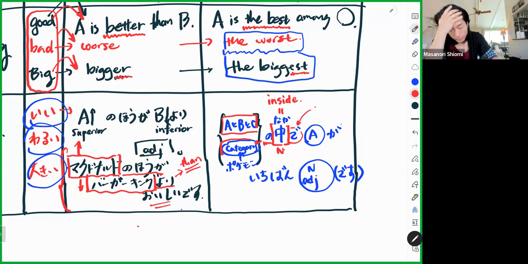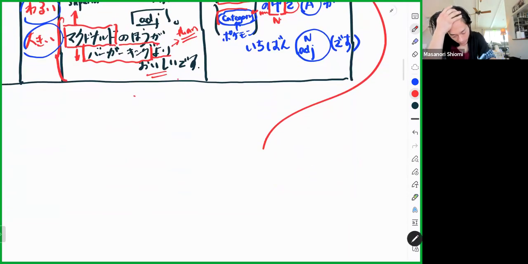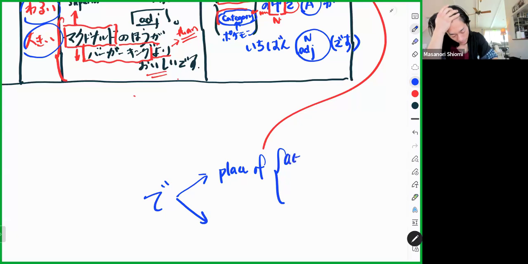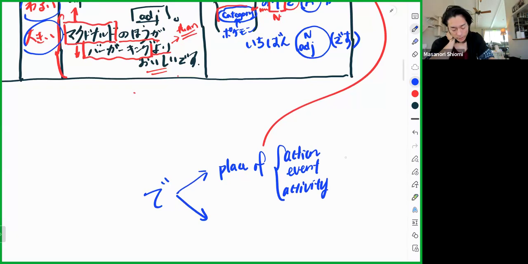This particle, which function is it? We're going to learn this officially in this chapter. But the particle で has two main functions. The first one is place of action, event, activity. Like I study at home. Home is where I study. What I have explained is that this one takes two actions to complete. Meaning,